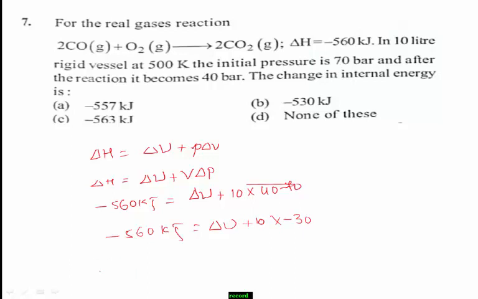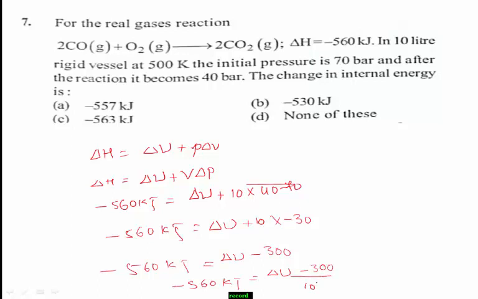So minus 560 kilojoule equal to delta U minus 300. We have to convert it into kilojoule, right? Now minus 560 kilojoule equal to delta U minus 300